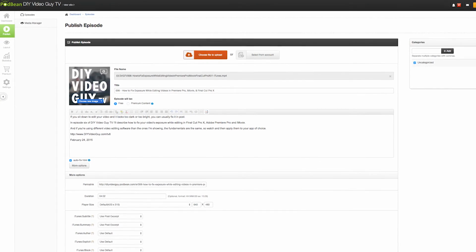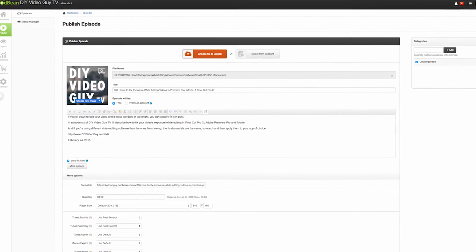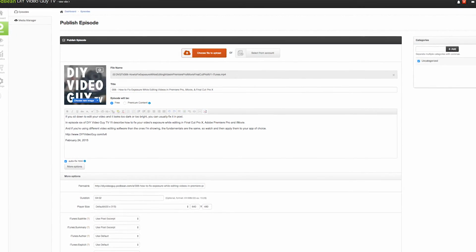The one main con is that you'll need to export a specific version of your video for iTunes that's of a little bit lower quality so you can have a lower file size, because people are going to be downloading these on the go or they're going to be in a hurry and you don't want to take up too much hard drive space for them.